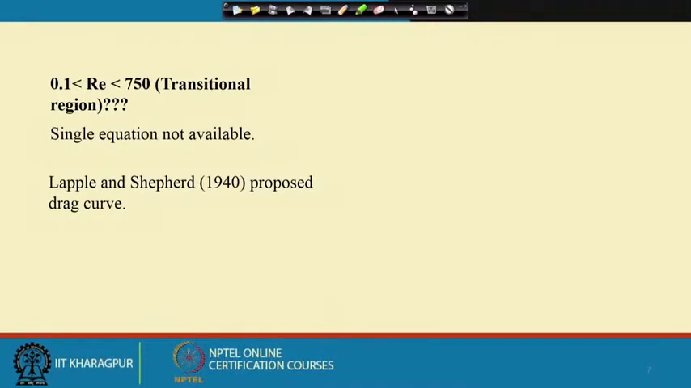So, to solve this problem, in 1940, two scientists, Lapple and Shepherd, proposed a curve. What is this curve? This curve is known as the standard drag curve. What they did, they reviewed all the equations proposed by many scientists, and they reviewed them very carefully, and they selected the different relationships proposed by different researchers for different Reynolds number regions,